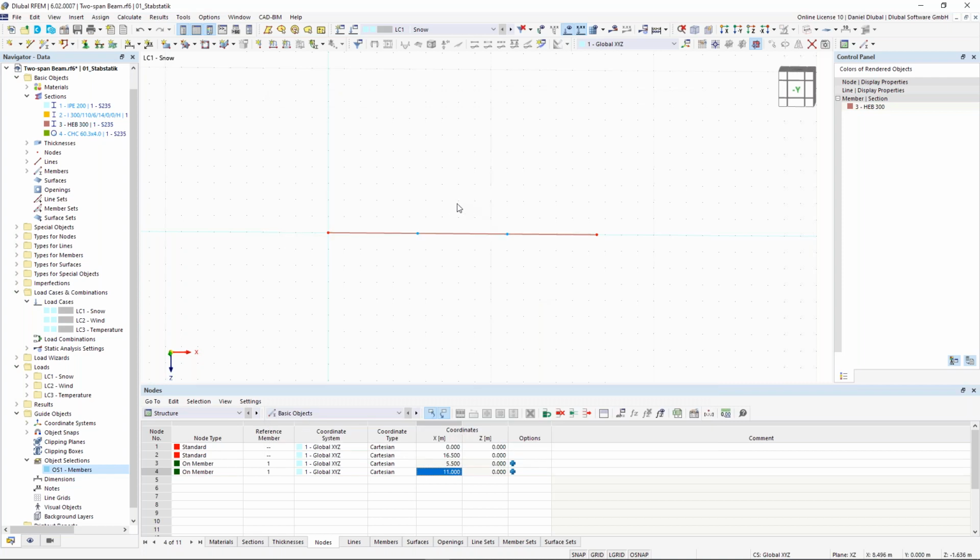So here we have the blue nodes, and you see, okay, when I go through the member, it is one member and not three members. But I have here these nodes, and this is pretty nice, because then I can refer to this structure more easily and see the results more easily. So the next thing is that we